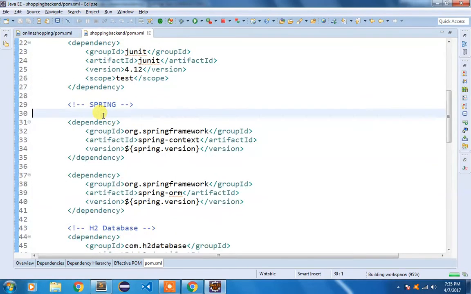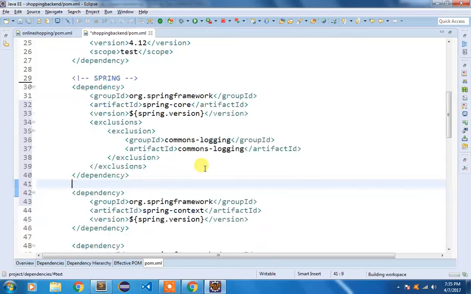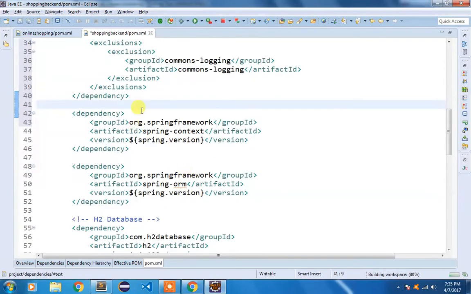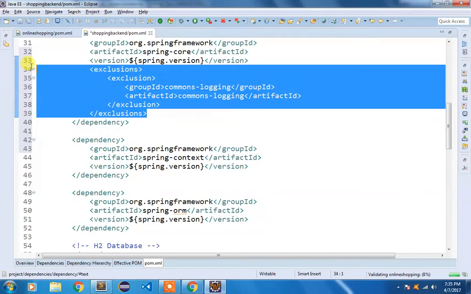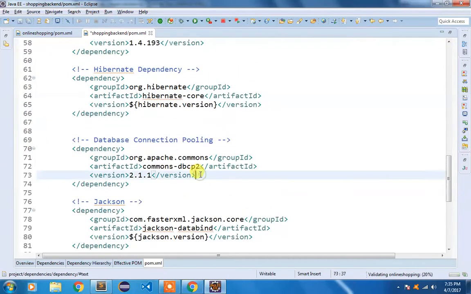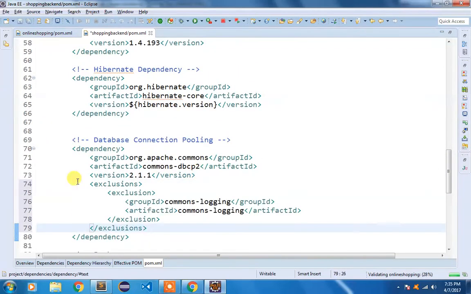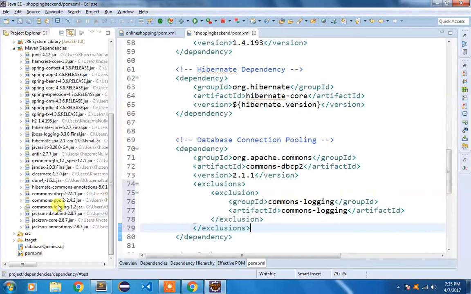So here I've added that core and excluded the commons logging, and we're going to exclude it from commons dbcp2 as well. So I'm going to copy it and add it to commons dbcp2. So we're excluding that one. If I now show you, initially we have this commons logging inside your backend project, and if I save this one,